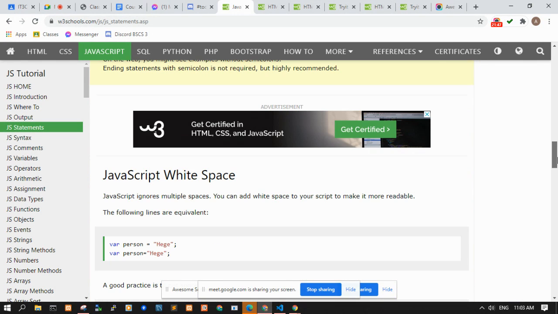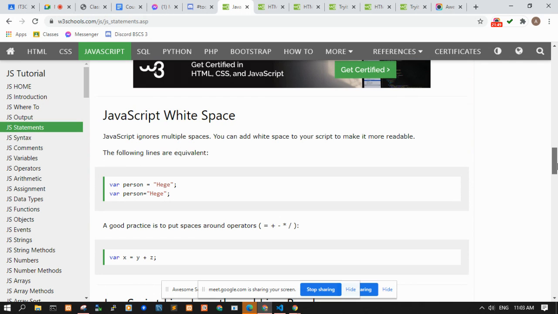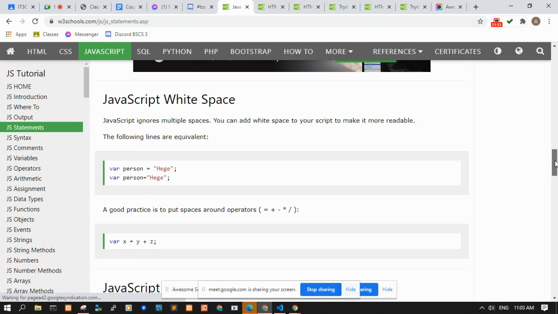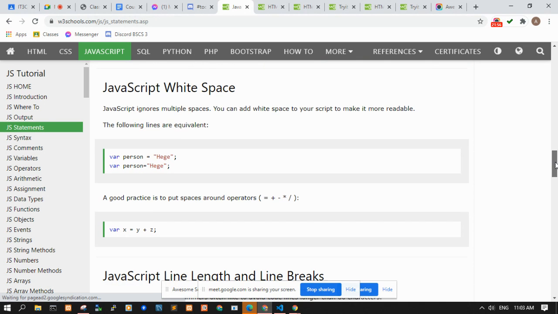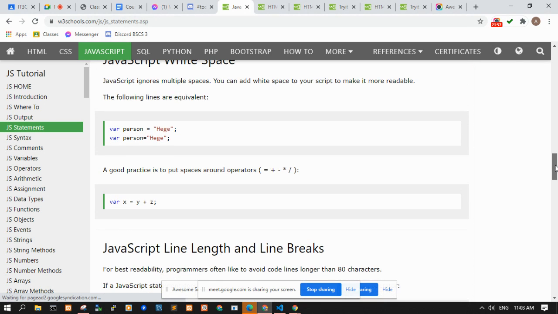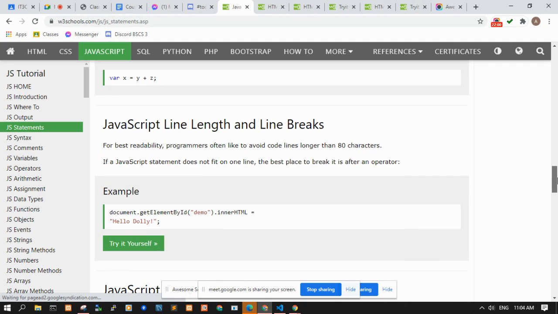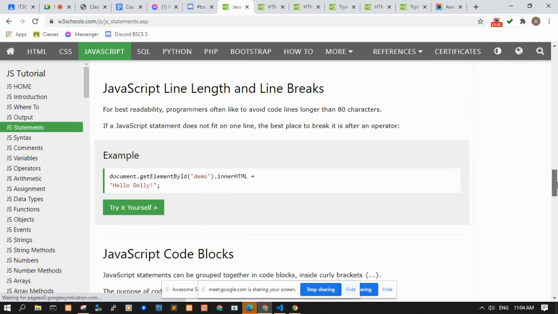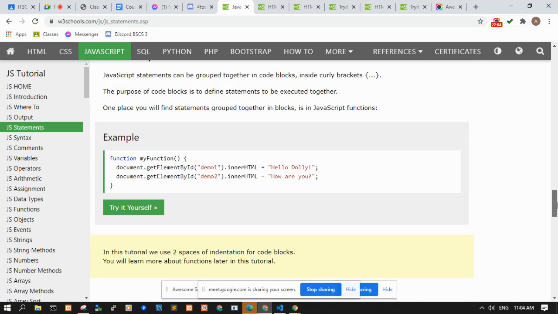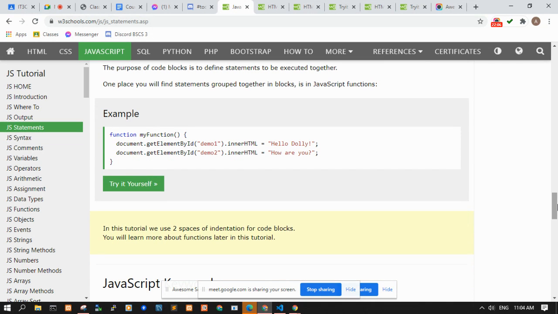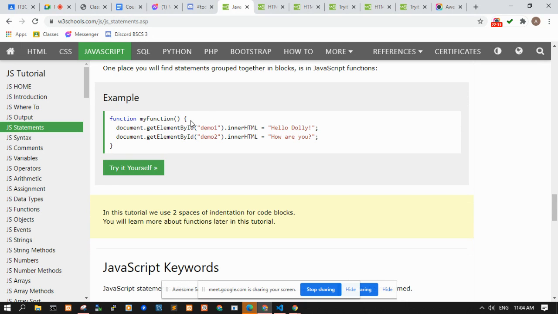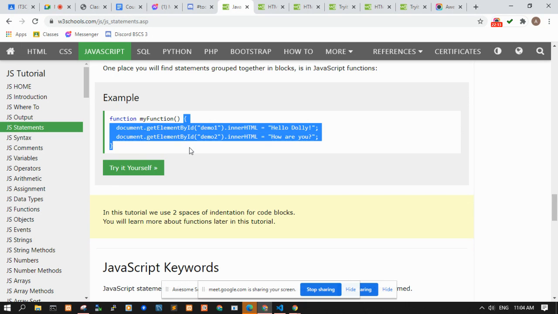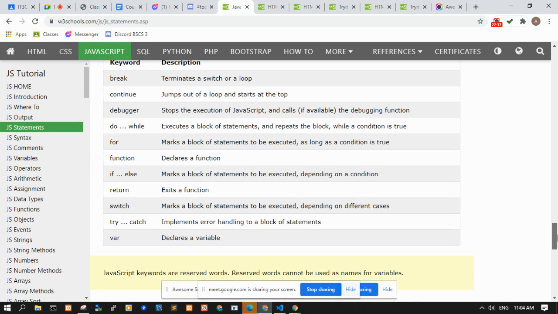White space and multiple spaces are ignored. And then line length and line breaks. Code blocks are the code inside your block statement, your open and close curly braces, and the keywords.